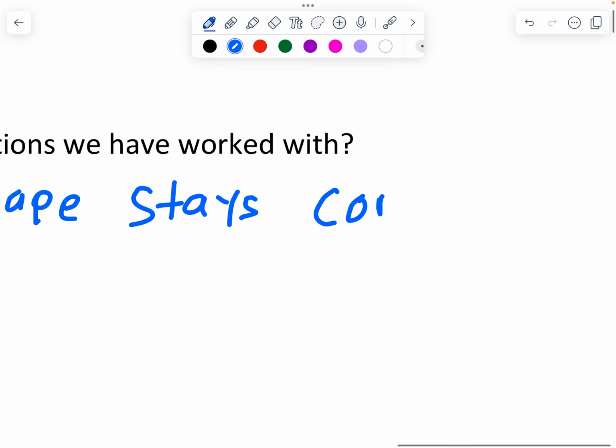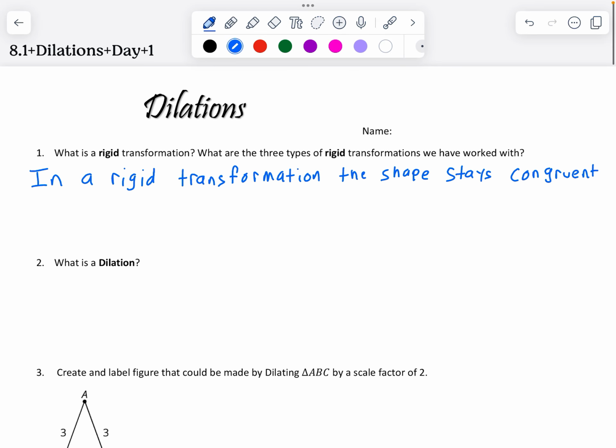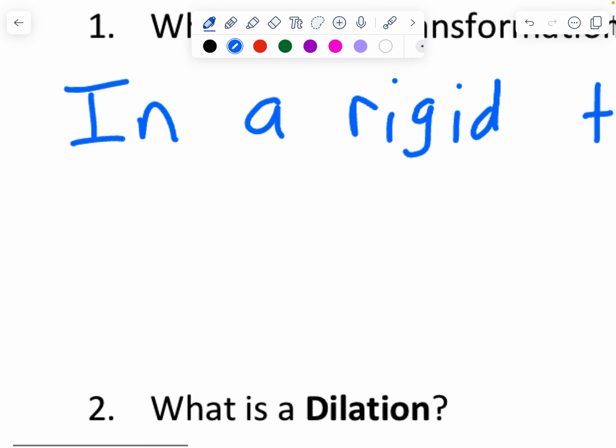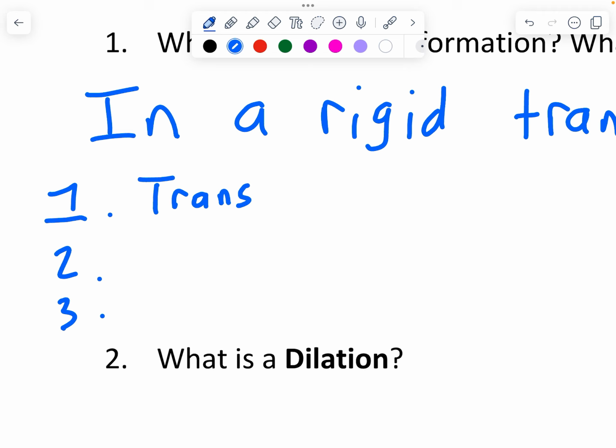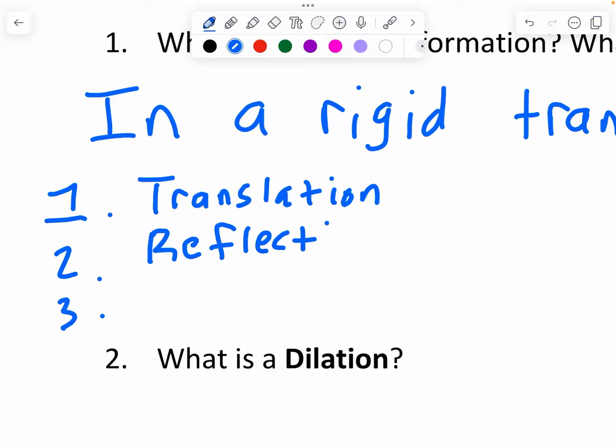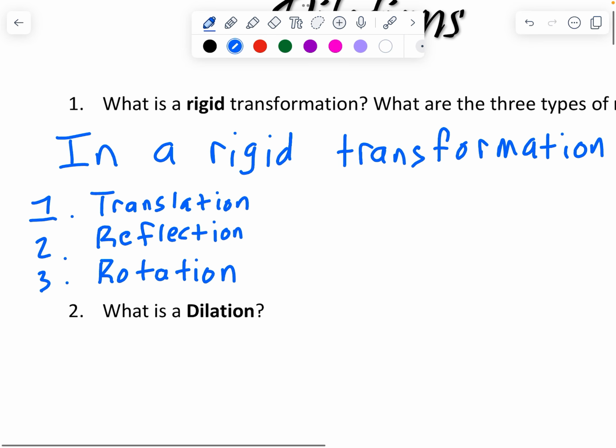Okay, so that means all the side lengths stay the same size, right? We talked about how you can flip it around, you can move it, you can do all that. That's not changing the actual size of the shape. So we've had three rigid transformations this year that we've worked a lot on, and those are translation, reflection, and rotation. Okay. And today we're going to talk about a fourth transformation that's actually not a rigid transformation, and